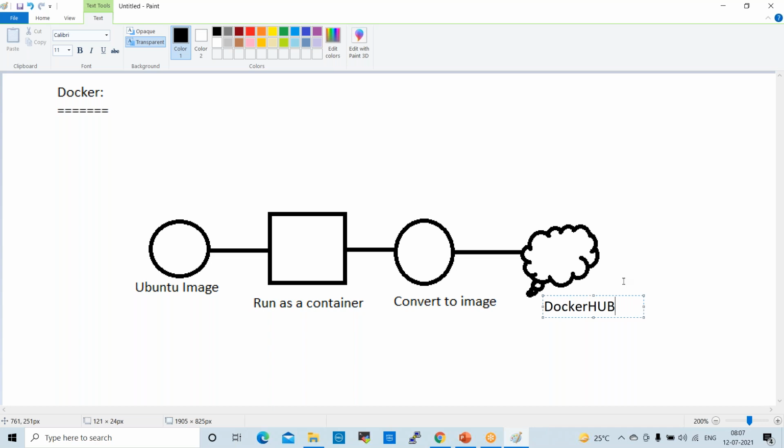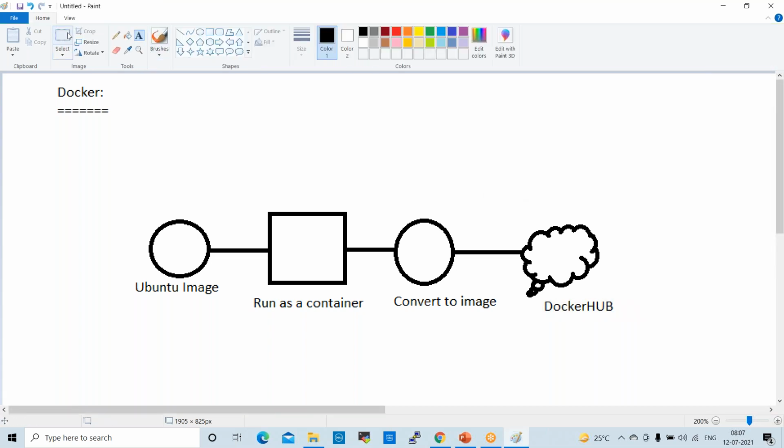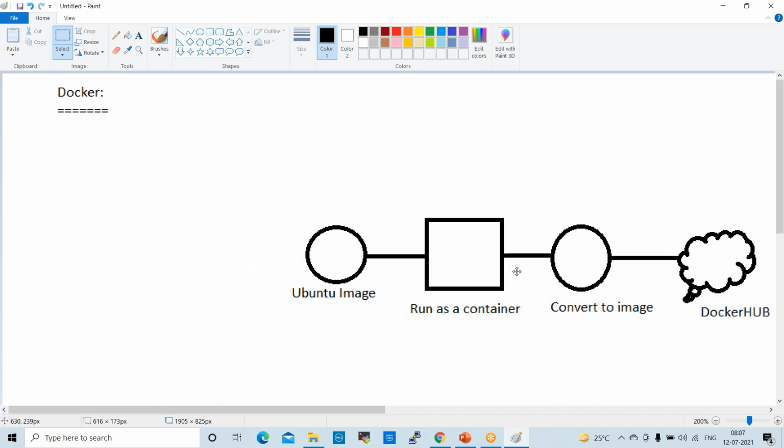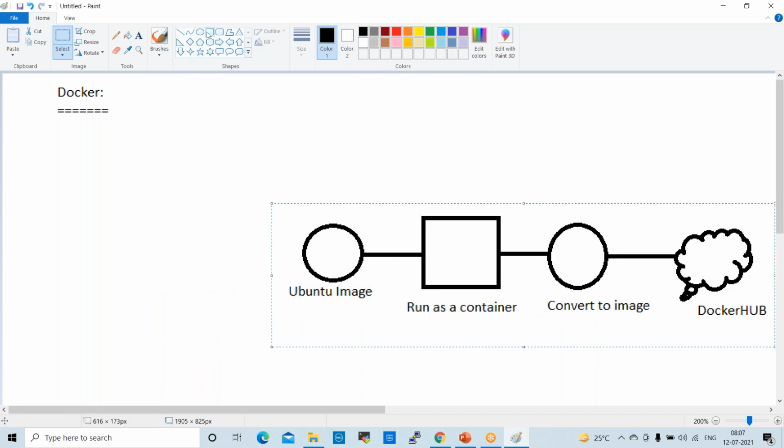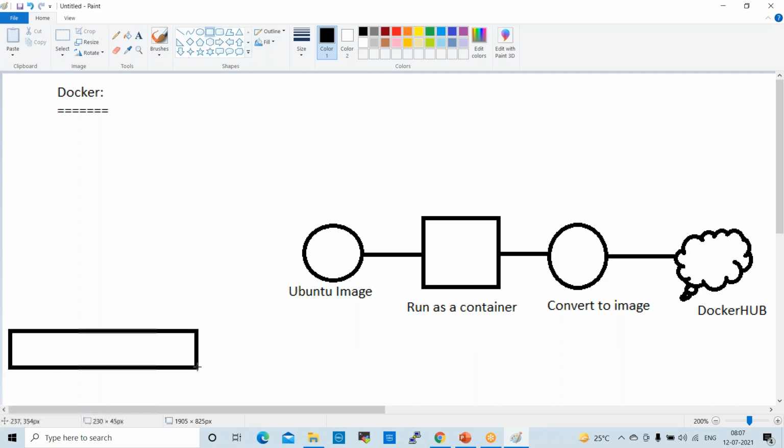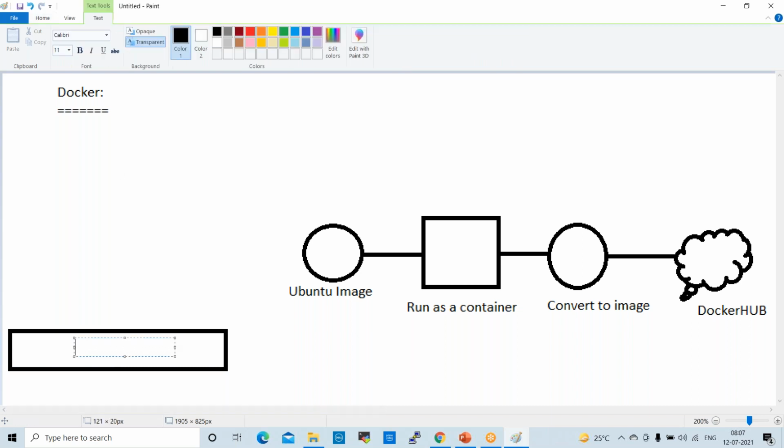Right. So this is the process normally in real time we follow. First we download some images. Why do we require an image? On top of the base OS server, normally we download an image. Image is a layer. So for example, this is our base OS, which means our Ubuntu server, the base operating system.